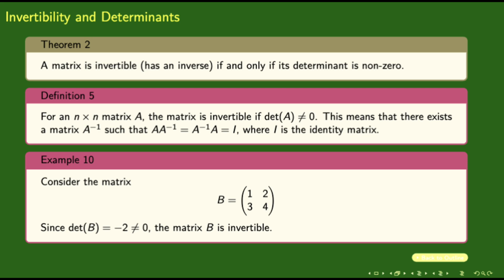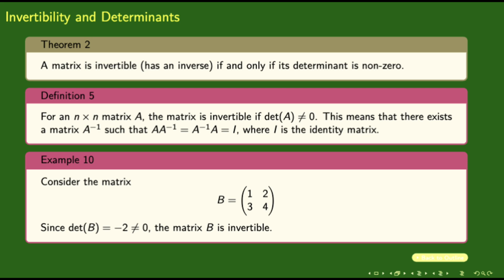This property is crucial in various applications, including solving systems of linear equations, transforming geometrical figures, and more. Understanding the determinant helps us determine whether a matrix is invertible, and hence if certain mathematical operations can be performed on it. For example, in this 2 by 2 matrix, the columns 1, 3, and 2, 4 are invertible because